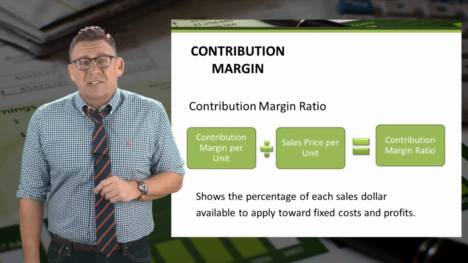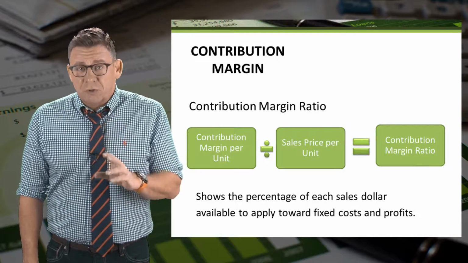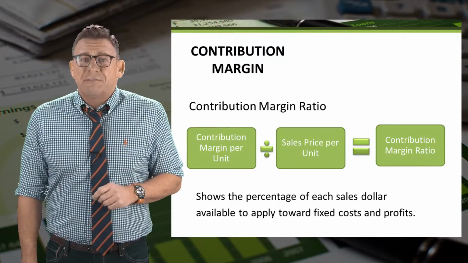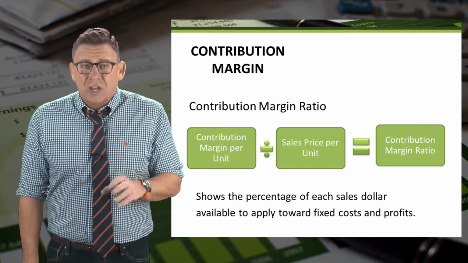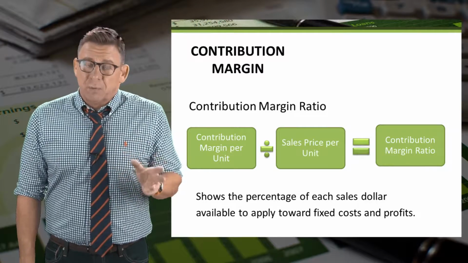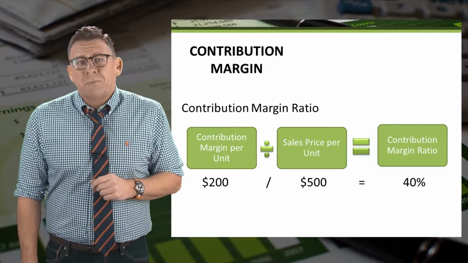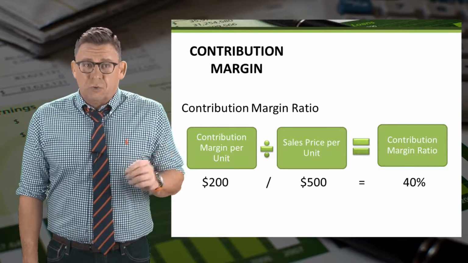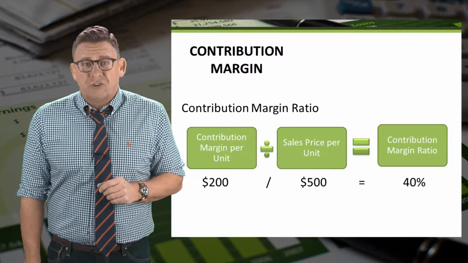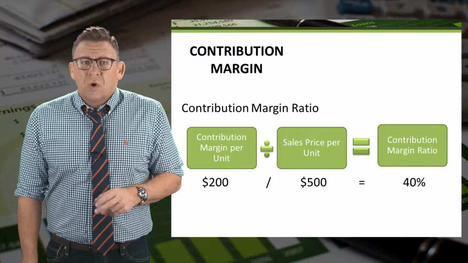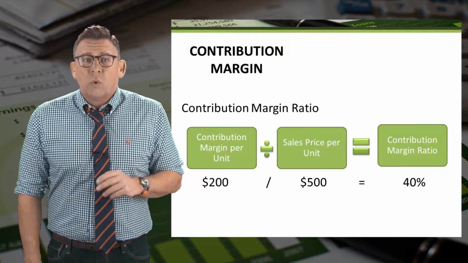Another important concept is the contribution margin ratio. It is calculated by taking contribution margin per unit and dividing it by the unit price. It is a percentage of each sales dollar that is available to cover fixed costs and normal profits. In this example here, the unit contribution margin is $200 and the unit price is $500, so the contribution margin ratio is 40%. We will use both the unit contribution margin and the contribution margin ratio when we learn about